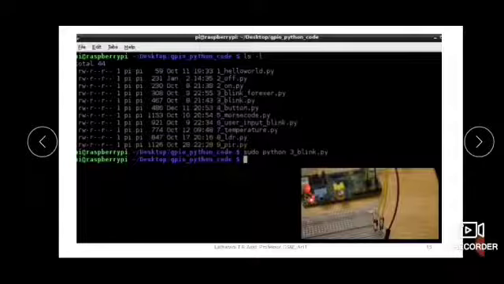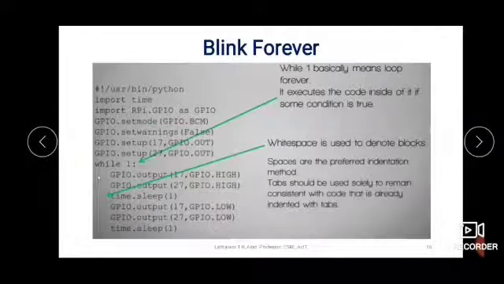But if you want to create an effect of an LED which is continuously blinking, let us see the program for how blinking forever can be done with those LEDs. So now here the same program we are writing. We are making the 17 and 27 pins as output pins. Warnings are set to false.